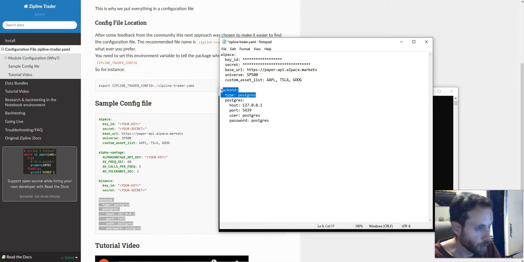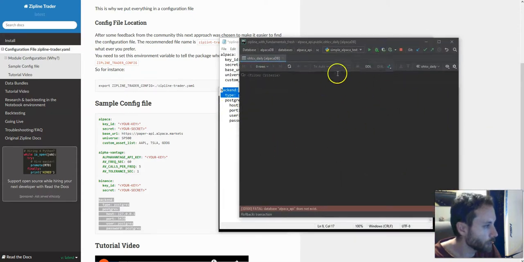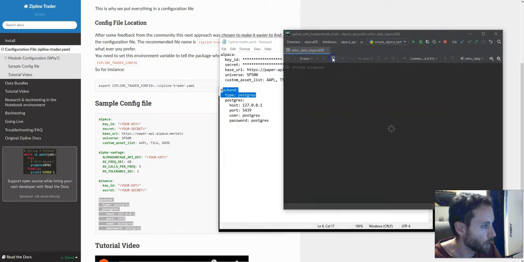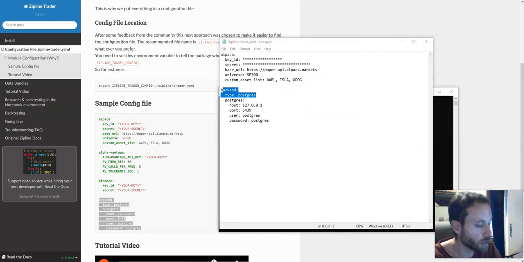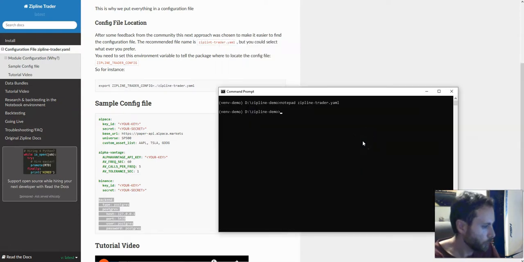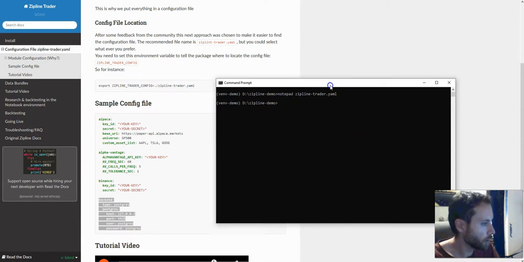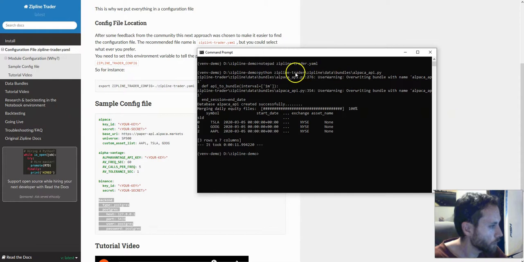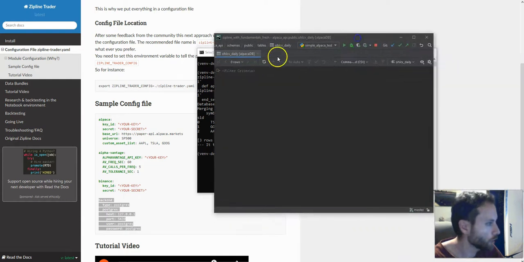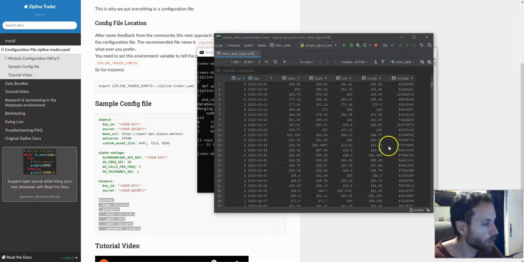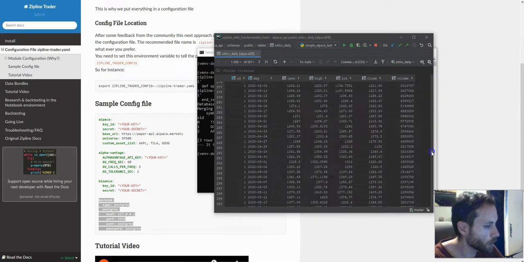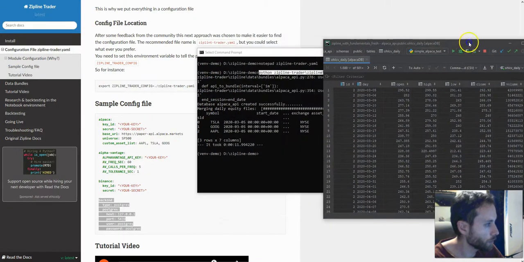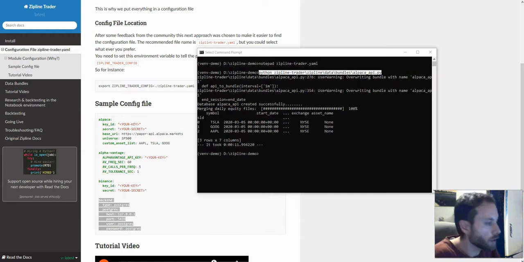So let's take a look at the database. Right now it's empty, and hopefully once I run everything, we're going to see the data here. So let's see if it works. If you remember correctly, the way we ingest the data is by running this script right here. So I just executed the same file as before with a different backend, and we can see that the three symbols are here. They were ingested, and if everything worked correctly, this will fill now with the data that we just ingested. And now we have a different backend, which is Postgres running inside a Docker container locally,